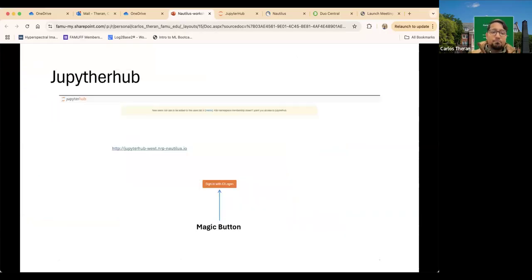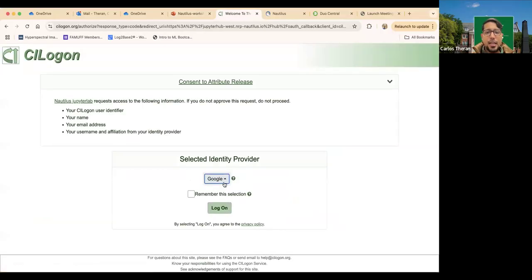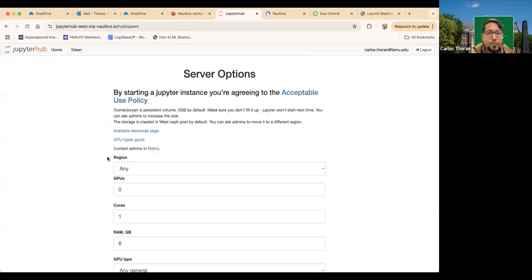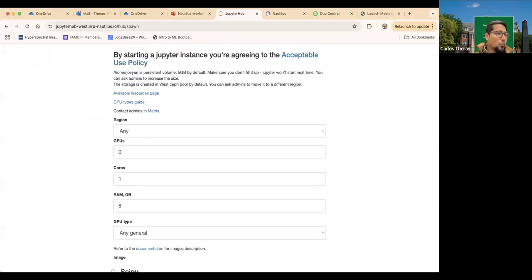Well, now let's use those resources with the Jupyter Hub. Okay, this is the Jupyter Hub. I shared the link with you guys. Again, we are going to sign in with site login. So let's click there. Let's look for Florida A&M University. Let's log in. And here we have